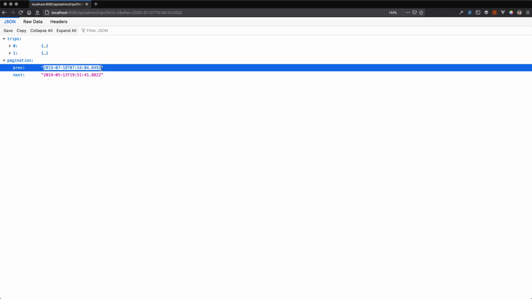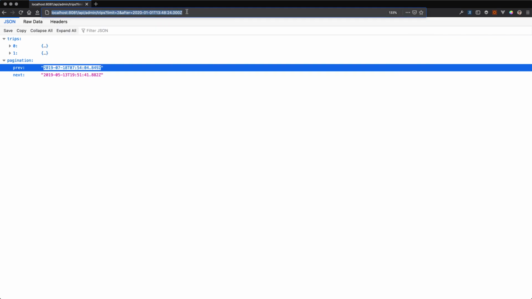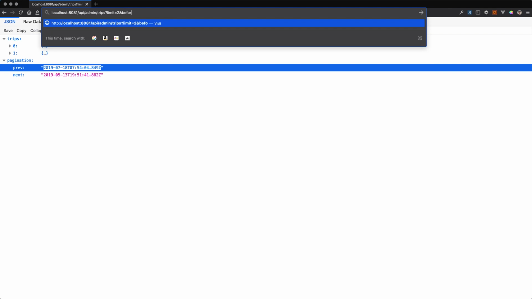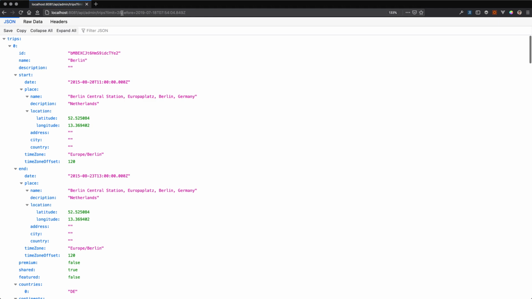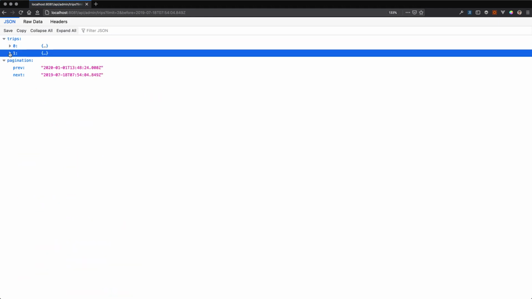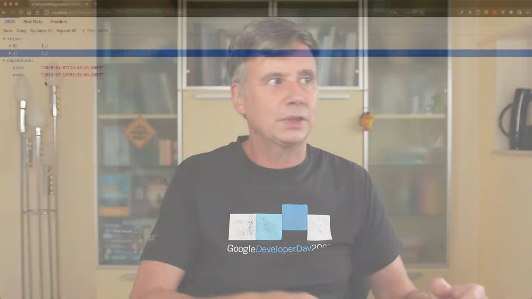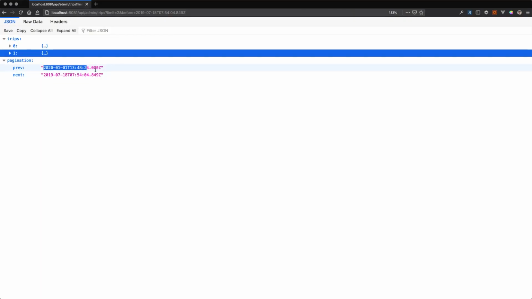and I can use this copy to change this to a before, and we get our first result set again, and there's again a previous, and we need to check why that is the reason. But because I set the before parameter, so that's still a little bit of an edge case that is not there. So if you browse back to the previous, and this previous would actually return no results